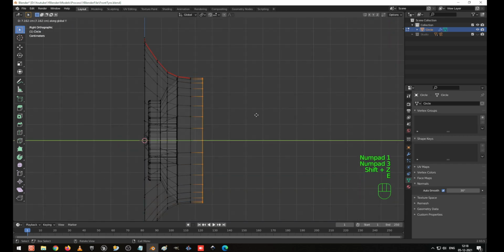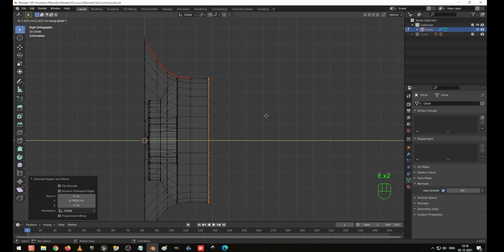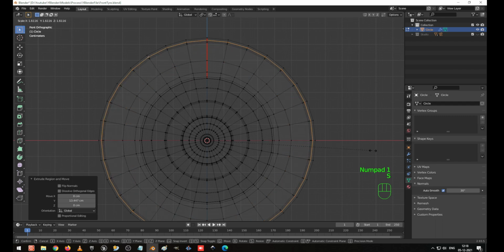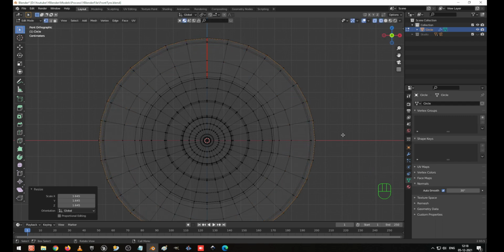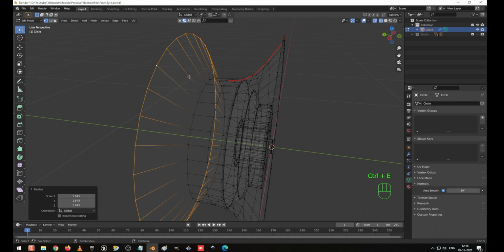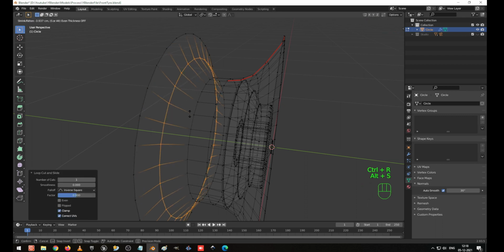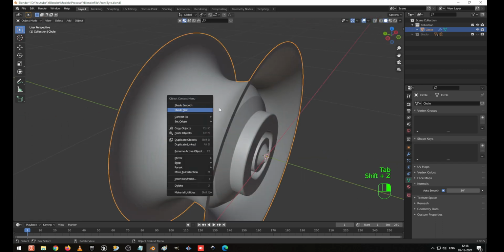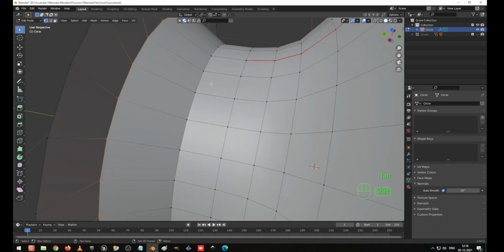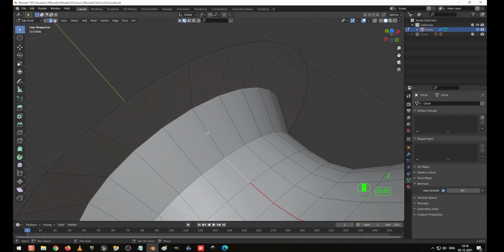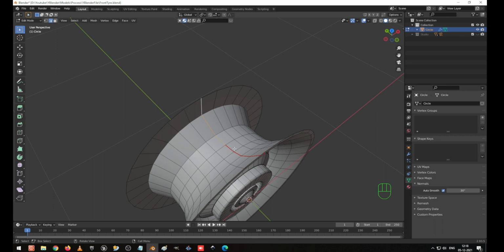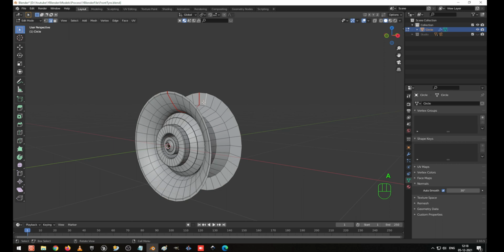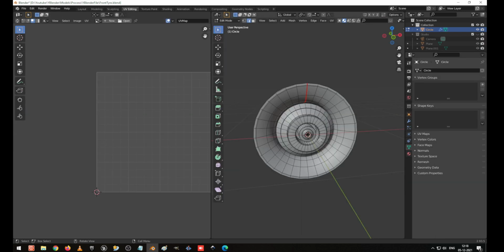I press extrude to Y. Extrude Y. Go to the front view. Scale it till it matches. And I press Ctrl R to create one edge loop in between, and Alt S to make it slightly this way. Shade smooth. Now here I want to add edge loops again,